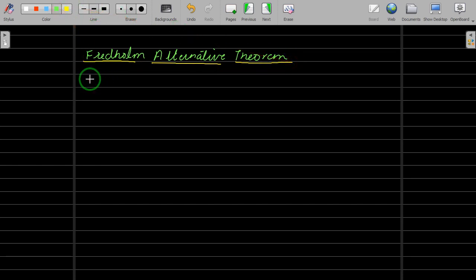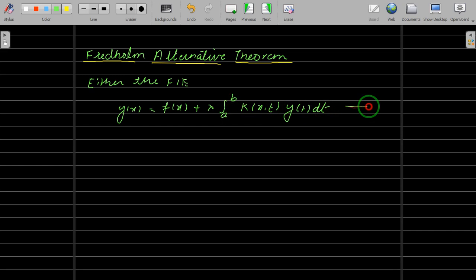So the statement, let me write: either the Fredholm integral equation y of x is equal to f of x plus lambda integral a to b k of x, t, y of t dt, that is equation 1, with fixed lambda, possesses, it should be double s, possesses one and only one solution, that means a unique solution. You can write unique solution